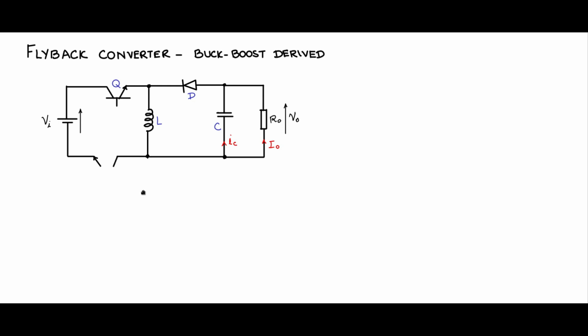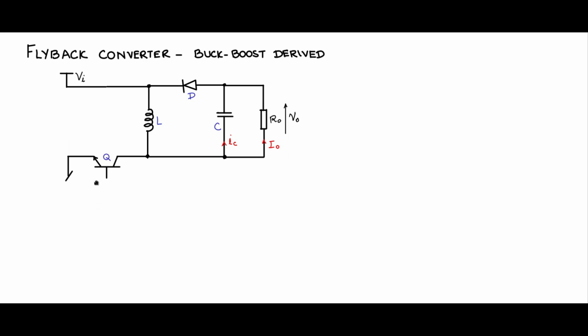So we can place that Q here. So you see the current flow is in this path when the switch is on, and the return path for the current is in this path, in this direction. So we are still maintaining the same direction of the current flow, and we can remove that switch. So we have shifted the control switch to the ground rail. We can mark this as the circuit ground, and we can label the positive of the input source Vi like this. And in order not to clutter up the circuit, you can remove that.